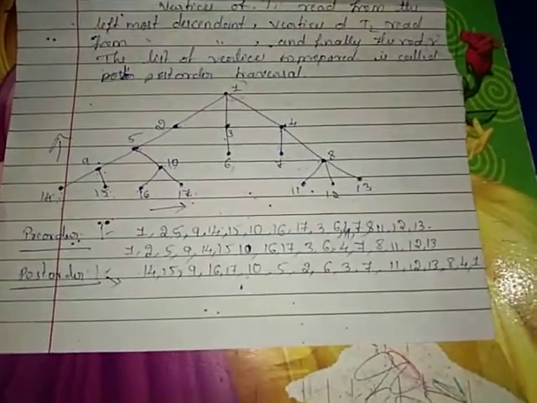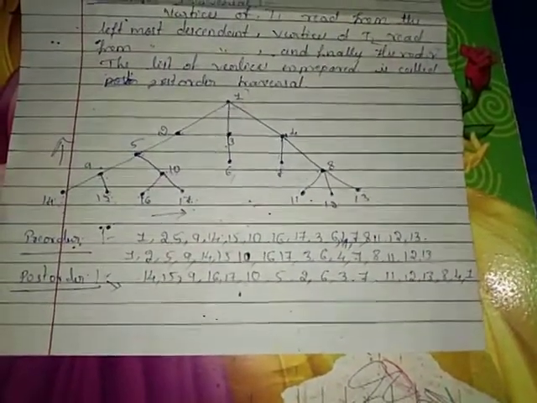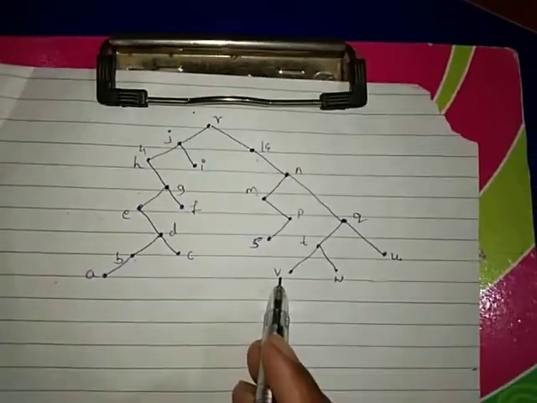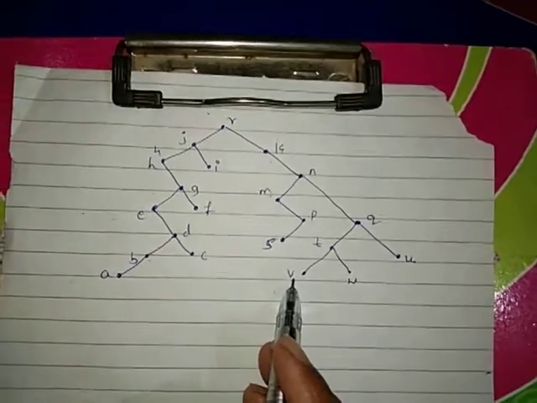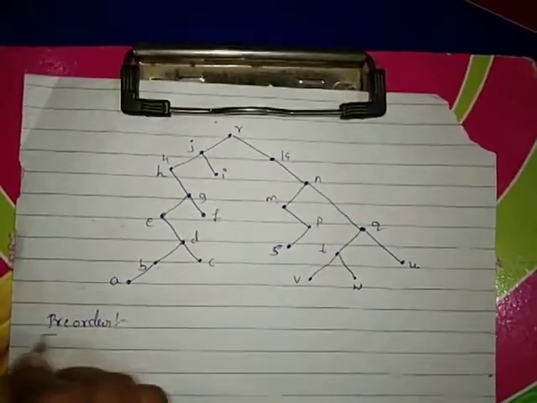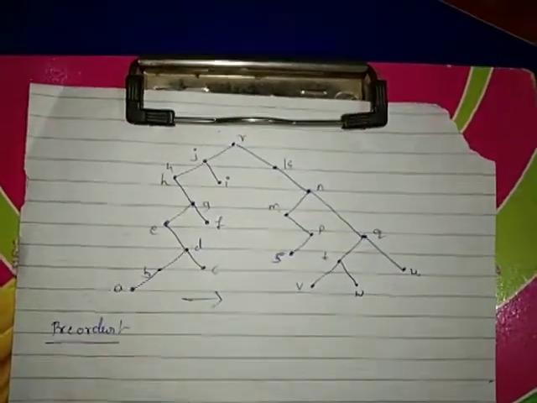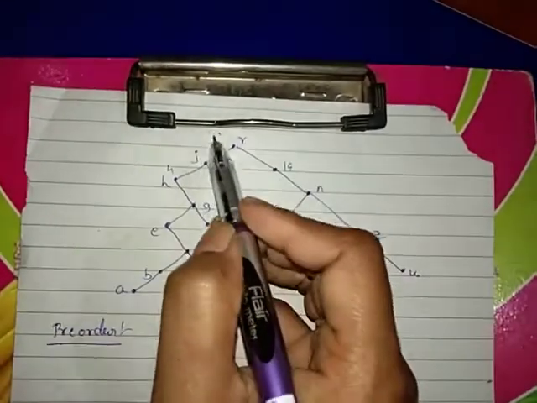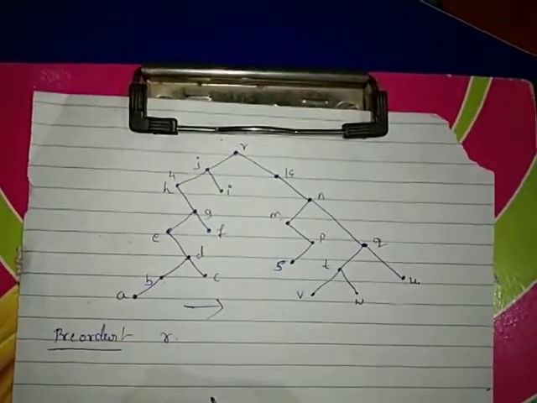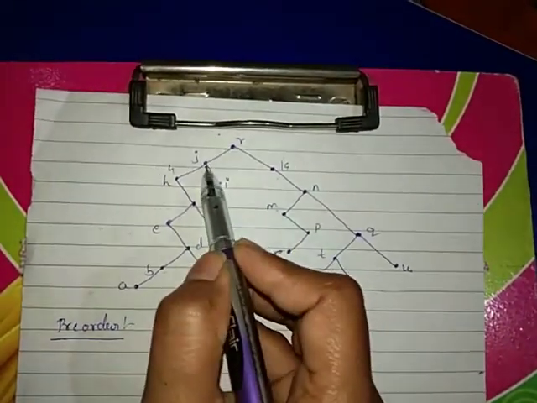A question will be asked: write down the pre-order and post-order traversals of the following graph. So take down the example here. Write down the pre-order and post-order traversals of the given example. So pre-order traversal: from left to right means in this direction we have to move, from upward to downwards. For the R, first we have to write down the R. Now, the first subtree on the left side is J.